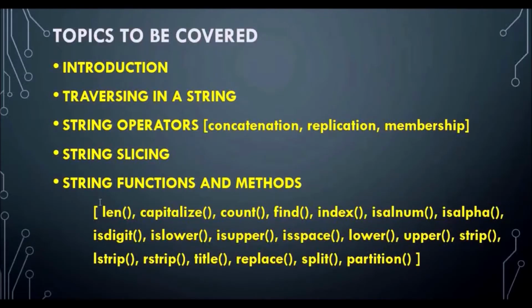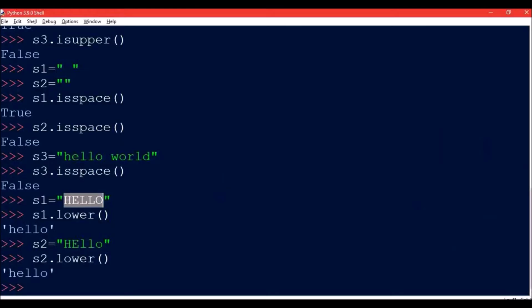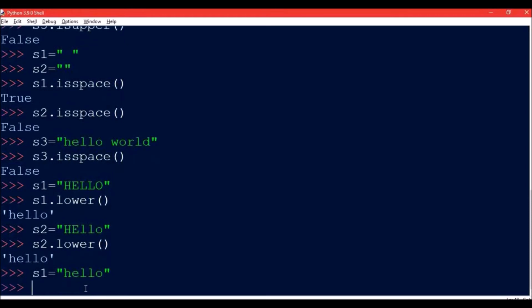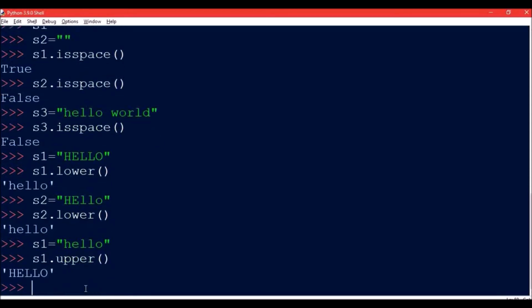The next upper function or upper method basically returns a copy of the string converted to the upper case. So here if I am taking the example of S1 is equal to, now I am writing it all in small letters, and I write S1.upper. So all the alphabets or all the characters will be converted into uppercase or capital letters.